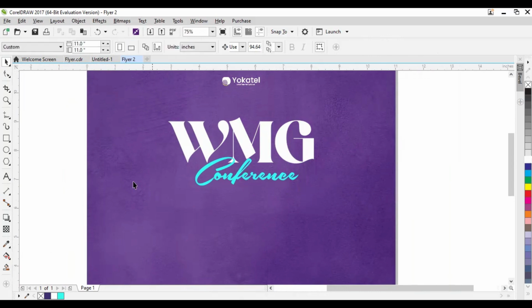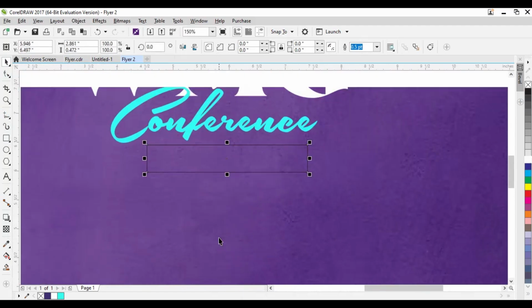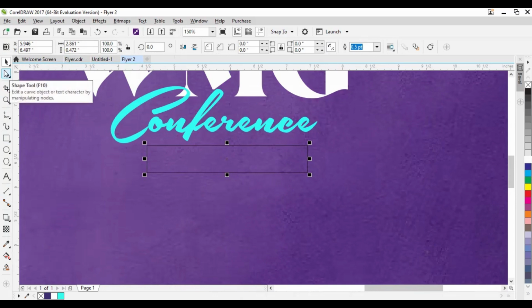Okay. The next thing we are going to do is bring in the theme. For the theme, I select my rectangle tool and drag it across like this. Then I go to this shape tool. This shape tool is called